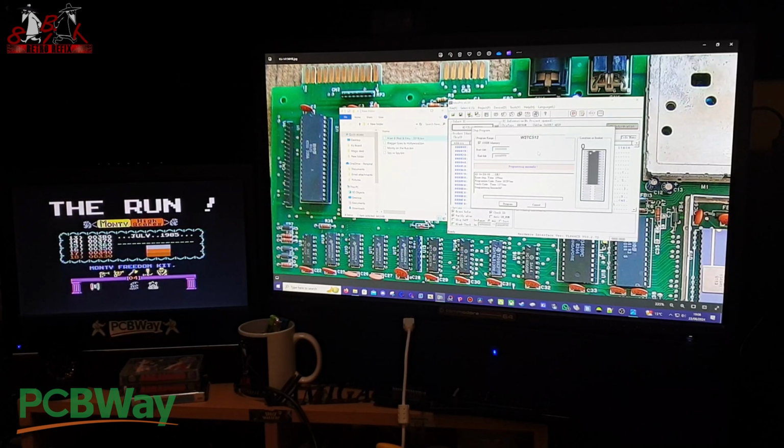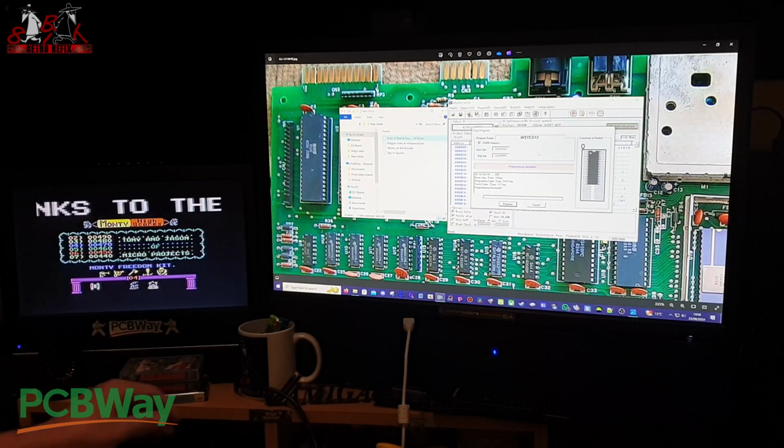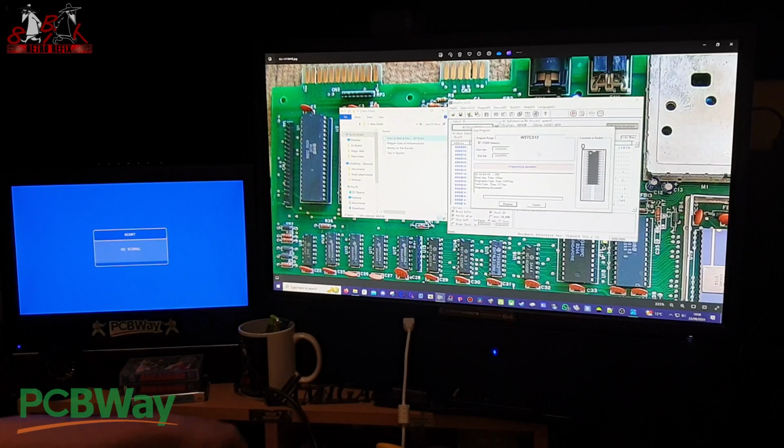You just need them 2 chips. You need the 74LS273 and the 74LS02, and then you need the 27C512 chips, and that's it. So again, we'll just do one more now, switch that off, take the chip,